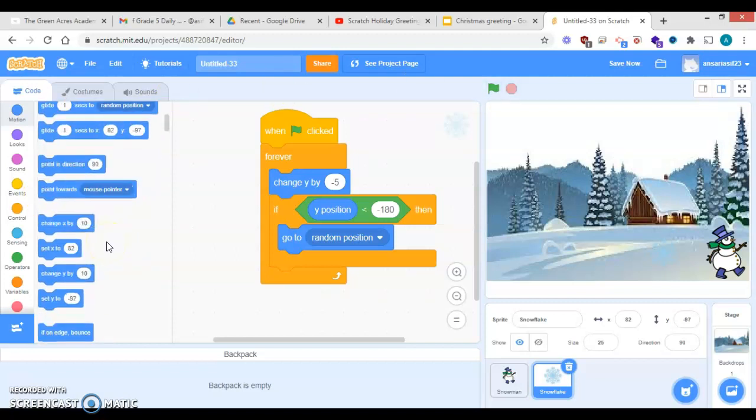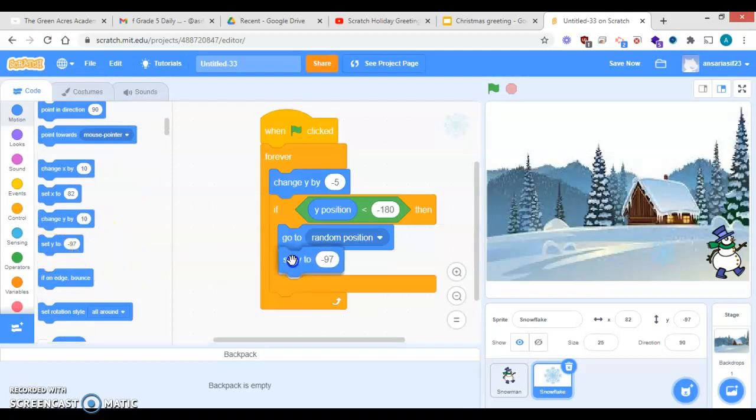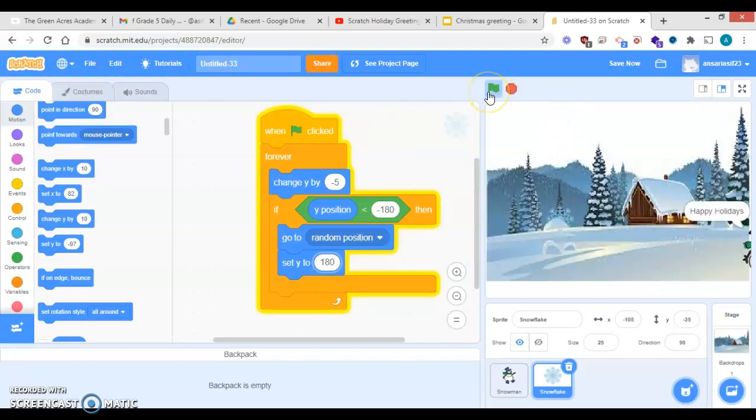So over here you are able to see set Y. This is -180, this has to be +180 because -180 is at the bottom of the screen, +180 is at the top of the screen. So let's see how this code works now. Perfect. It is coming to the end and then again it is starting randomly. Yes. Now it is working fine.